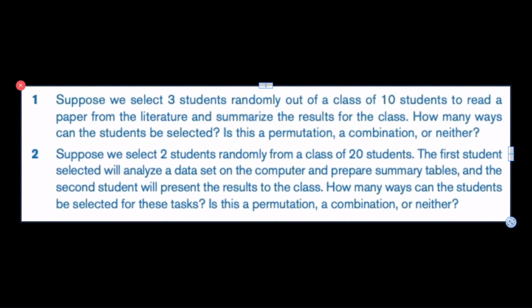So try some examples. Try these two problems. Pause the video right here and try to solve these problems. In these problems they are asking you whether it's a permutation or a combination. So use the data, analyze the data clearly, and try to understand how you can select from the data, whether it is a permutation or combination, and try to solve the problem. So pause the video right here and try to solve this problem.